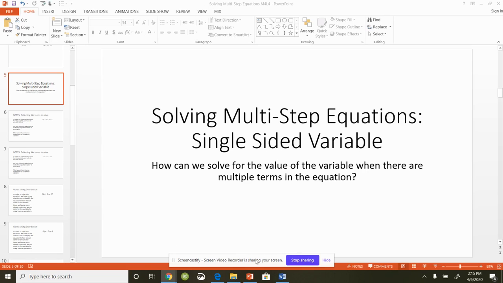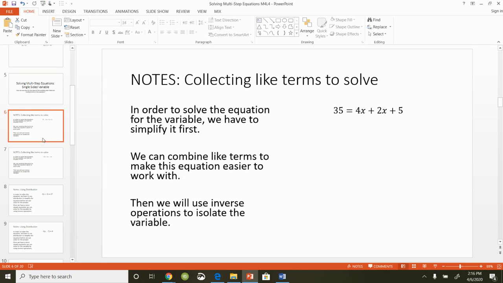Okay, so this video is to remind us how to solve equations when the variable is only on one side. So the essential question for this lesson was, how can we solve for the value of the variable when there are multiple terms in the equation? So this means that we're going to have to distribute and combine like terms before we can even start solving. So taking a look here,